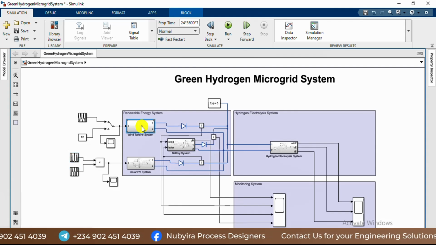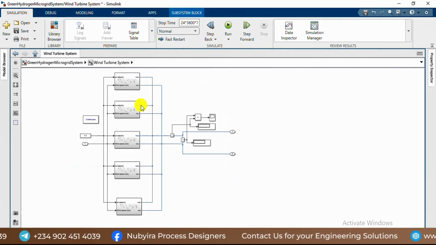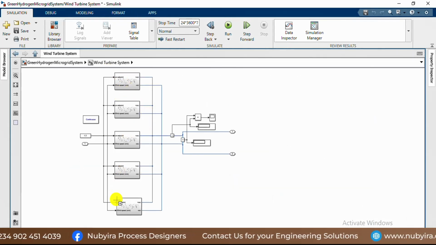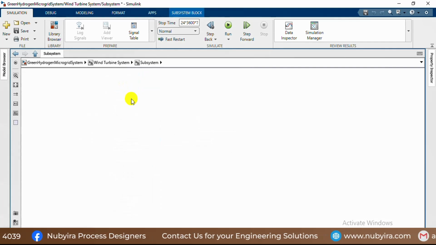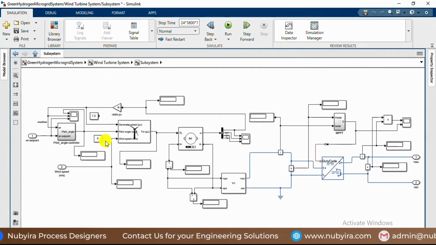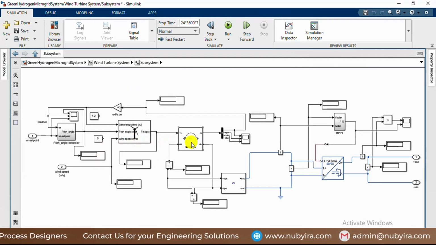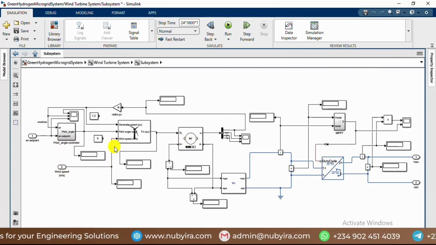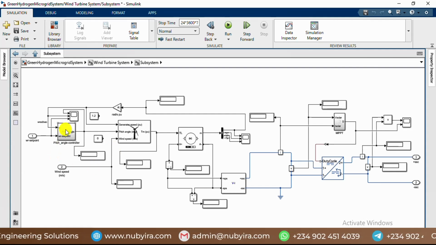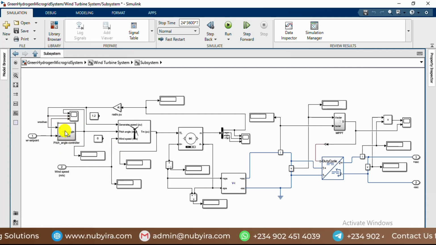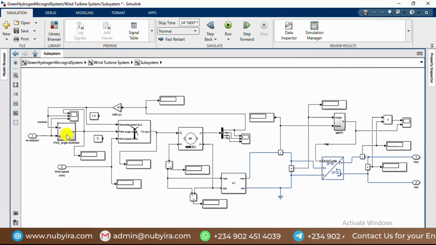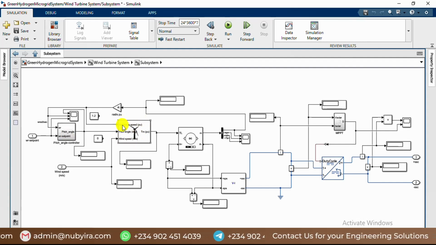Then for this we have the turbine. Currently, in order to build the turbine, you have to use some Simscape blocks. I'm having like 4 turbines, and we have the wind coming from that place that I explained. Then you have this pitch angle controller to control the speed of the rotation of the turbine. This is the wind turbine,